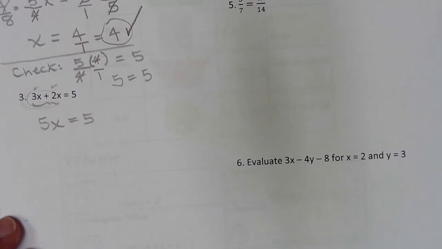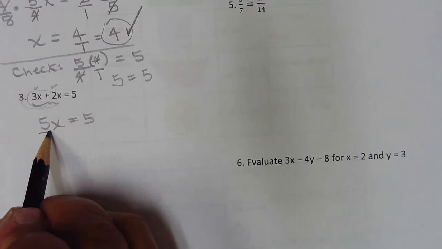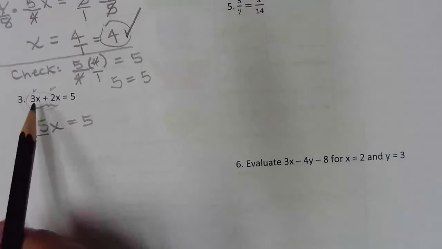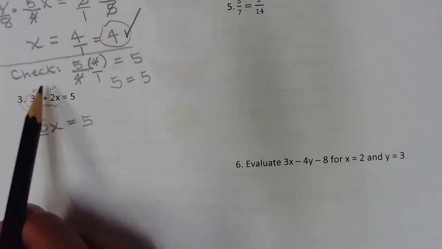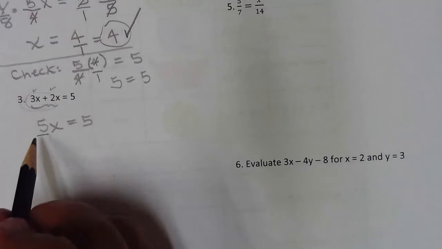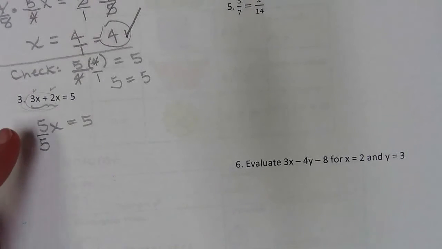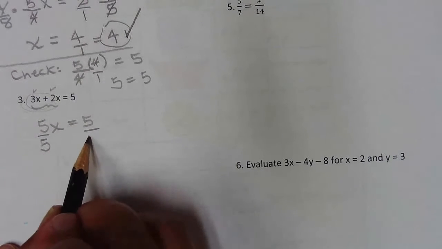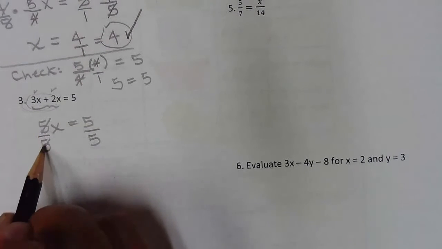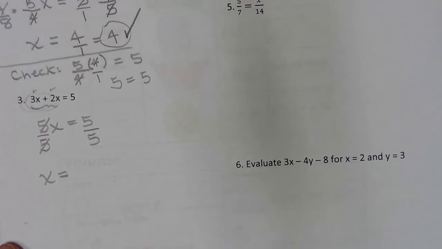Now I'm about to do that. I'm about to do my very first step where whatever I do to this side in an effort to isolate the x. See, here I wasn't trying to isolate the x. I was just trying to combine like terms. Now I'm going to try and strip away that coefficient. So I'm going to try to isolate the x by doing this one step. Whatever I do to this side, I must do to the right side. So these cancel, leaving the x all by itself like we want to happen when we're solving, and over here getting a 1. And if you are going to check that,